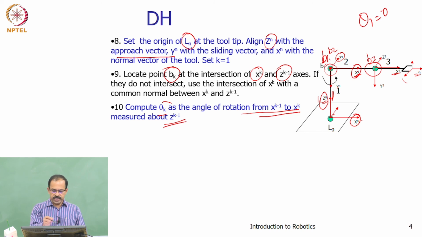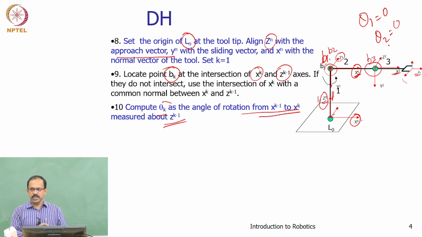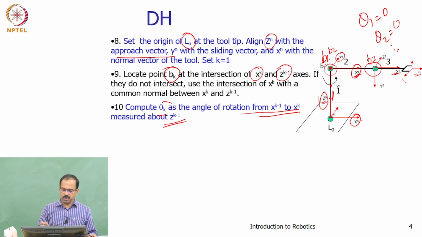And similarly, you can get theta 2. So, what will be theta 2? Theta 2 is x1 to x2 with respect to z1, right? Again, it will be 0, since it is in a home position, we have got everything as 0. But if you rotate this or this, you will get a different joint angle also. So theta 2 is 0 in this case. Similarly, you will be able to get all the joint angles. Whatever may be the rotation, you can get it using this rule.